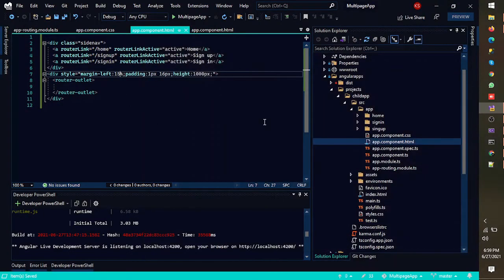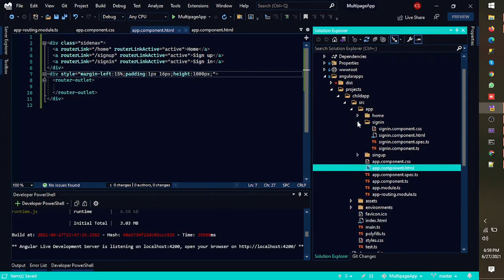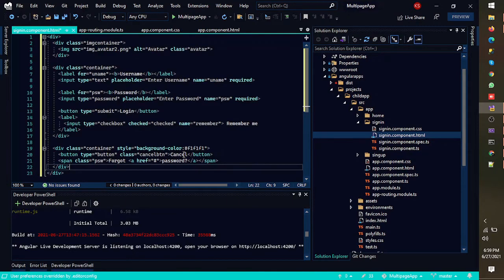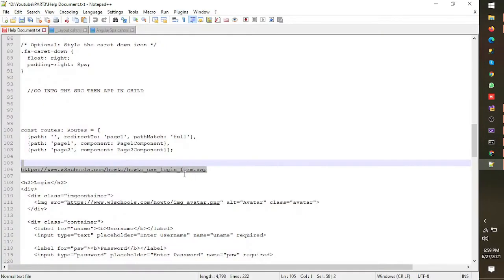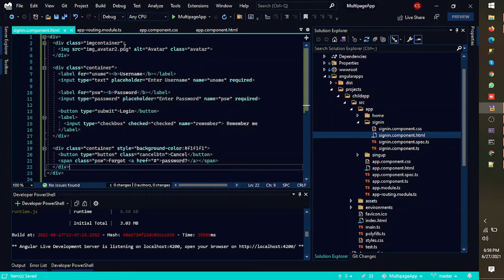So here in the sign in dot html sign in component, I am going to add a div. Here I paste it. For the avatar, I would like to have the link from the W3 school. So let's copy it from there.